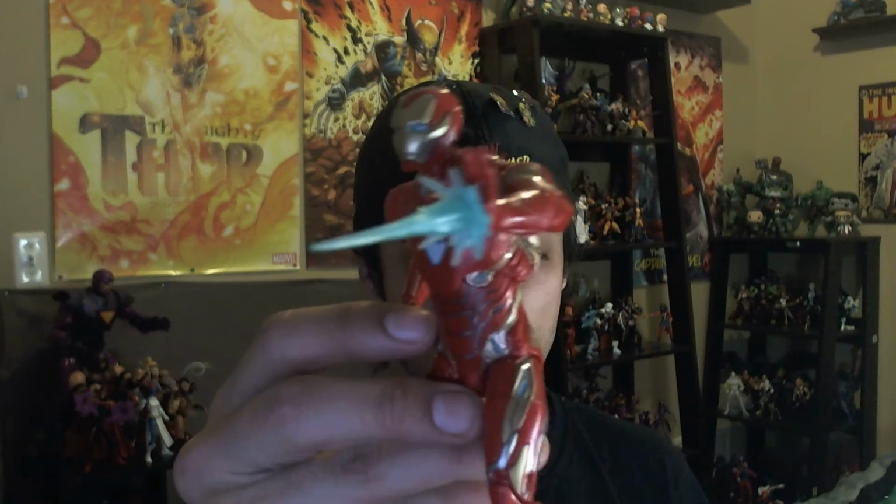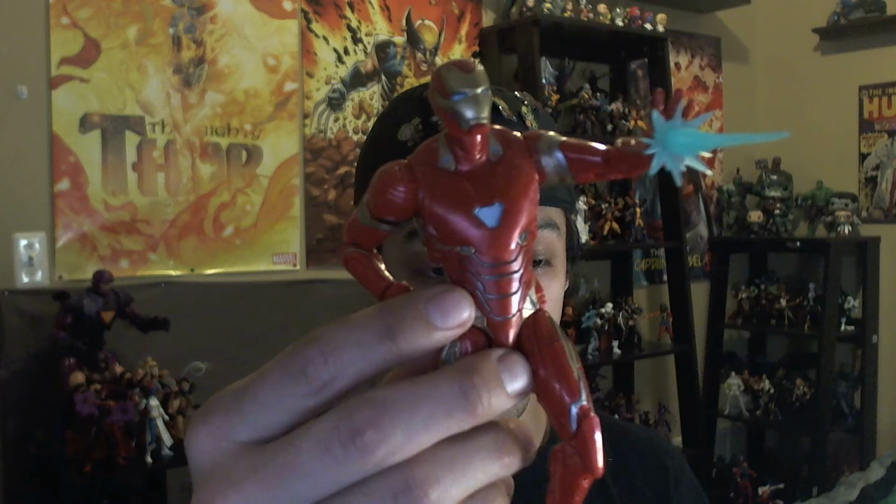And then we're going to talk about, like I was talking about before, the Mezco 112 Iron Man. So this was the definitive Iron Man I wanted for my collection. I have Infinity War Marvel Legends Iron Man. Big fan. Like the nanotech looking armor. Super cool. They also did a version of this one, I believe,